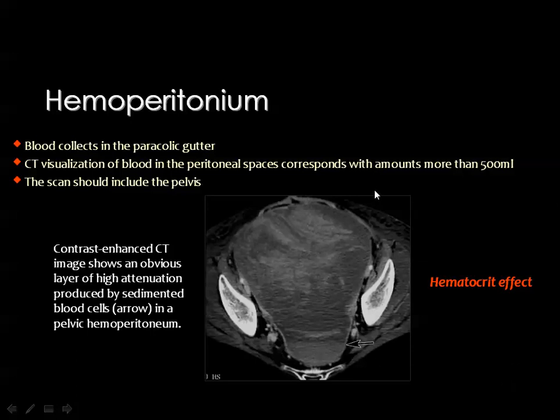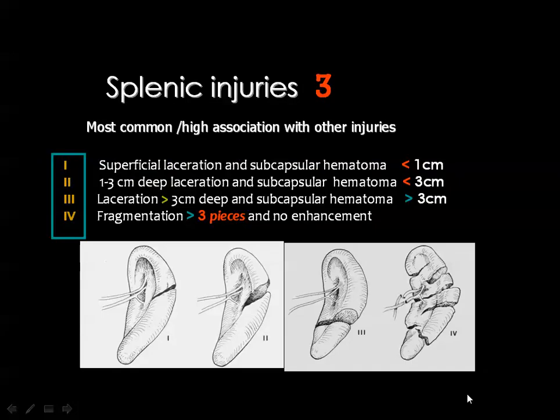Then the CT visualization of blood in the peritoneal spaces corresponds with amounts of more than half a liter, as you know, and the scan should include the pelvis because there may be a collection lower down in the pelvic cavity, of course. Then we come to the solid organs in the abdomen,